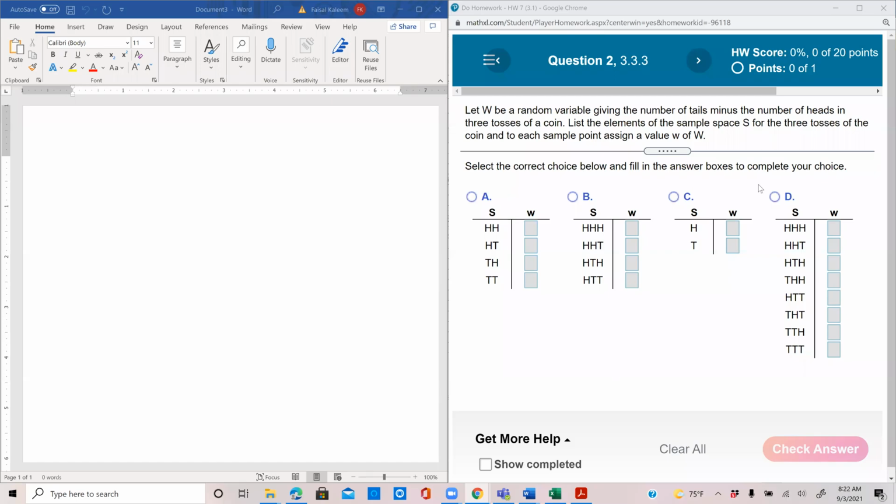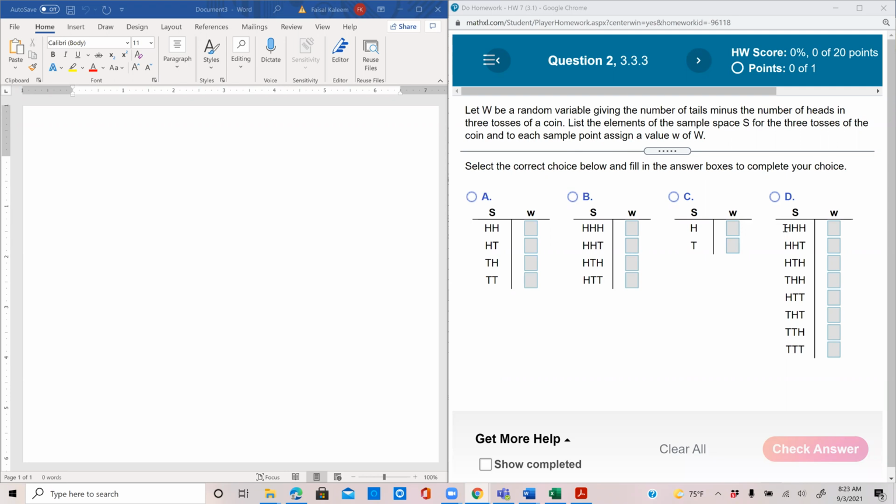Let W be a random variable giving the number of tails minus the number of heads in 3 tosses of a coin. List the elements of the sample space S for the 3 tosses of the coin, and to each sample point assign a value W. Now, when you toss a coin